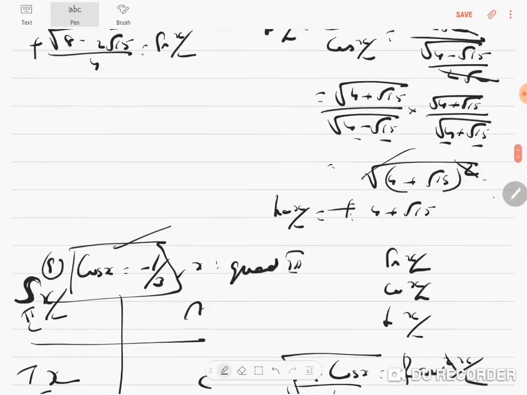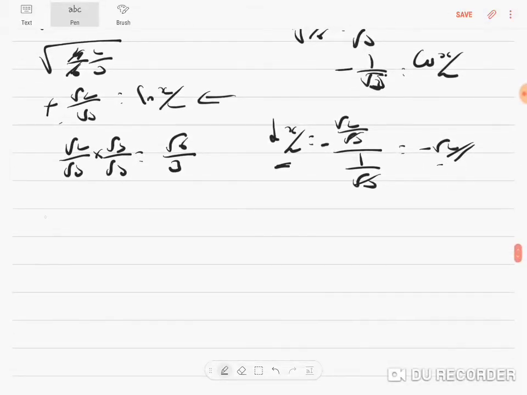So let's go to the next sum, which is the 8th sum. The question is tan x is equal to minus 4 by 3. x is in quadrant